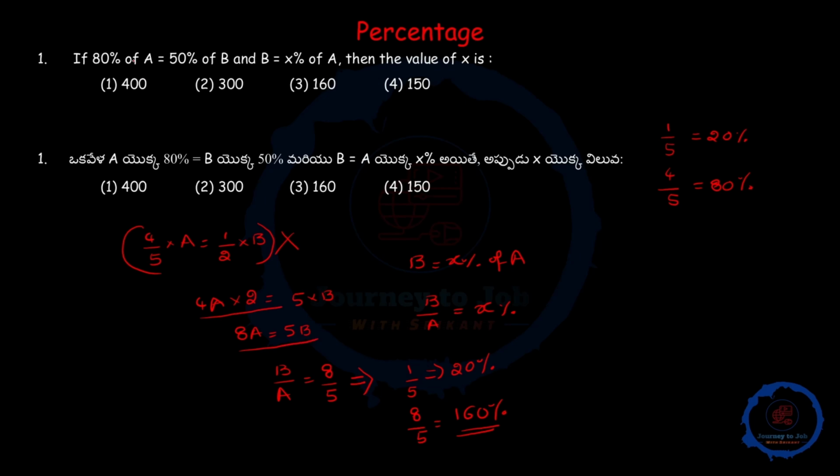How? 80% of a is equal to 50% of b. Here the percentage cancels, so 80a is equal to 50b. Now 0 also cancels, so 8a is equal to 5b. Directly you can write this step, you can skip these steps. So this is how we should think in the exam. If we go with the conventional method, we cannot save time. We have to save time so that we can apply it to the other questions, so we have to save time every time. Okay,